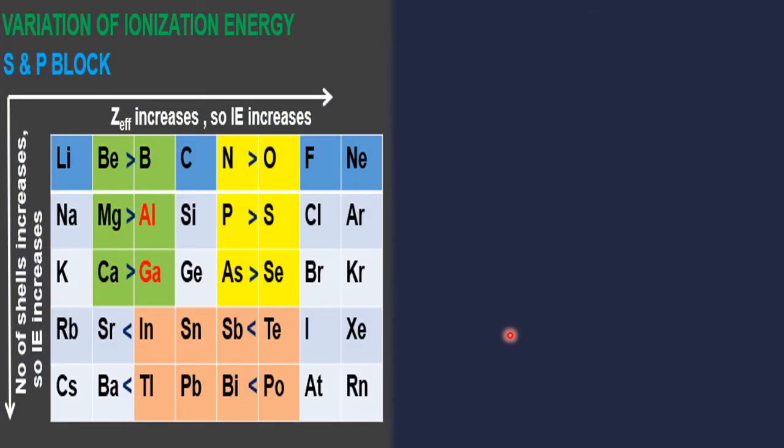This is the table I showed you in my previous discussion. IE increases due to the effective nuclear charge increasing, and here IE decreases because the number of shells increases, so the electron goes far away from the nucleus. This is the general trend. Now if you take some examples, you see here,